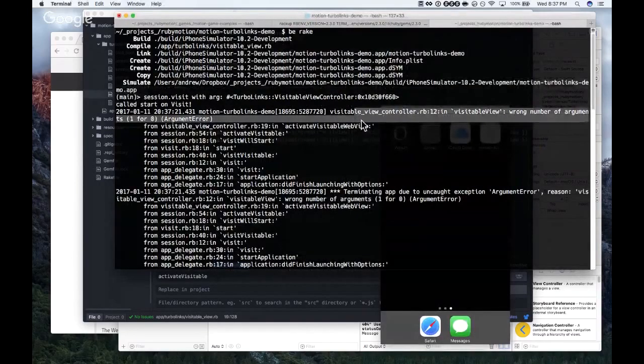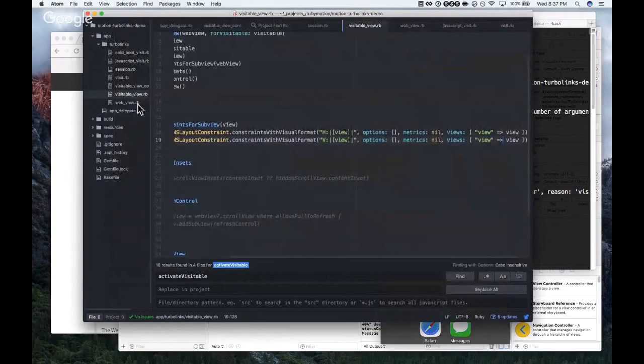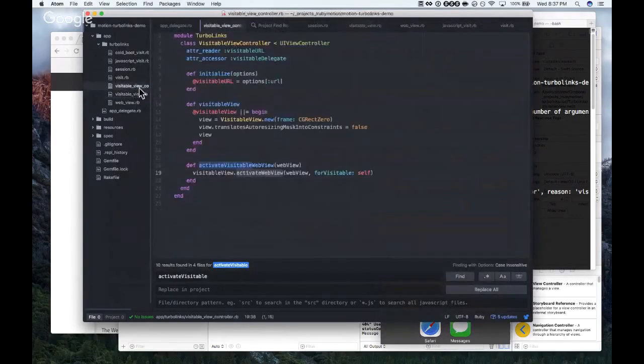Wrong number of arguments in visitable view controller. Let's get a trace here. Visitable view controller line 19, and then visitable view controller line 12. Visitable view controller 19, and then activate, 12.